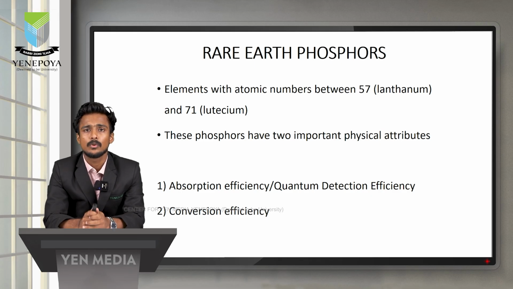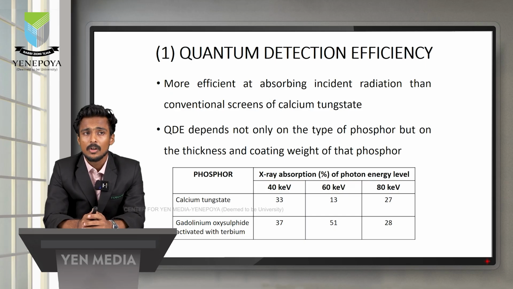These rare earth phosphors have two important physical attributes. First one is absorption efficiency, or quantum detection efficiency. Second one is conversion efficiency. First, quantum detection efficiency means being more efficient at absorbing incident radiation than the conventional screen material, calcium tungstate. Quantum detection efficiency depends upon the type of phosphor as well as the thickness and coating weight of the